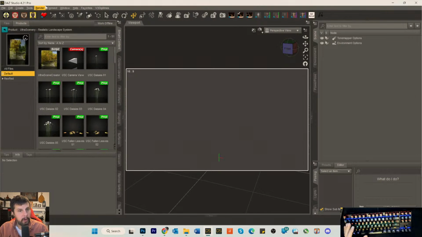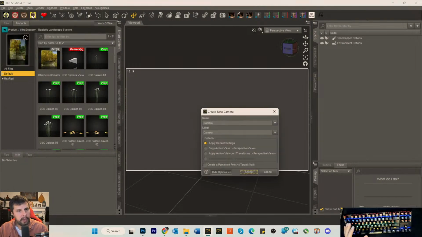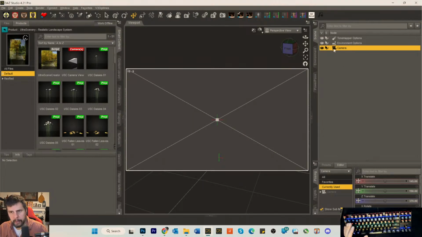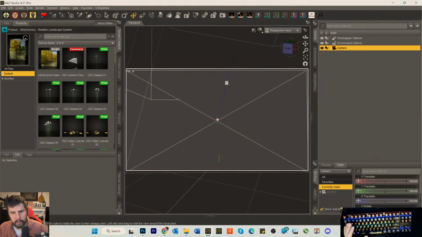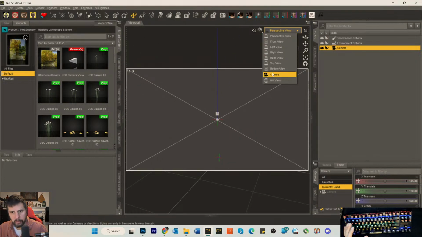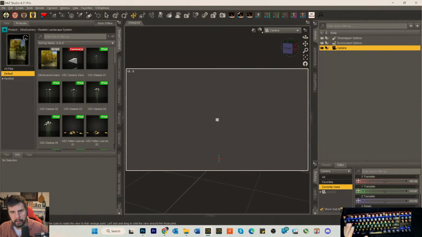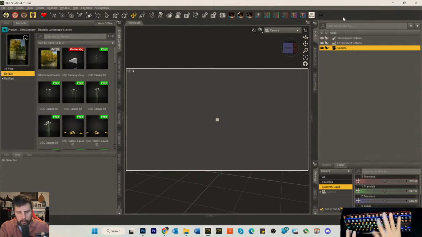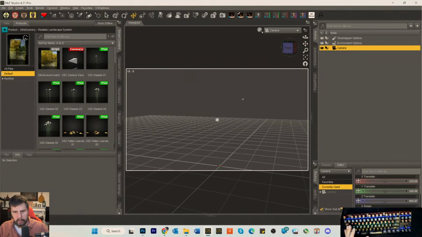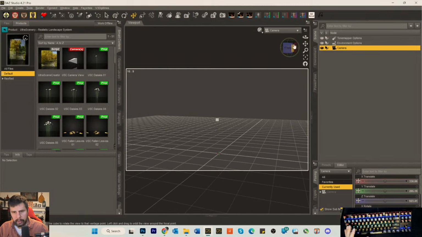And we need a camera here. Create new camera. And I am going to try the camera idea and see if that works. So we're going to look through the camera, and I'll zoom out a little bit here, move it up, and I move the camera up. Let's go into here. So we're going to bring the camera so that